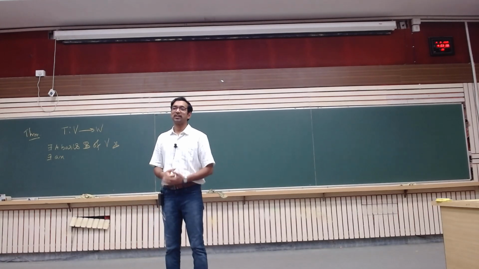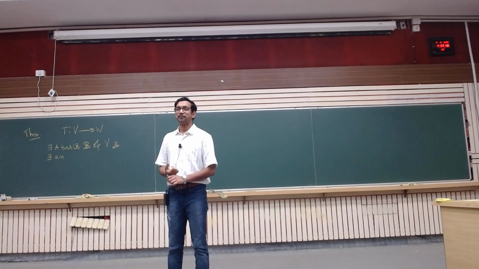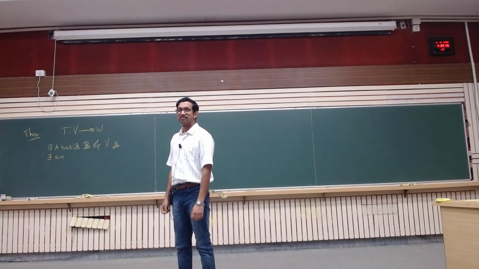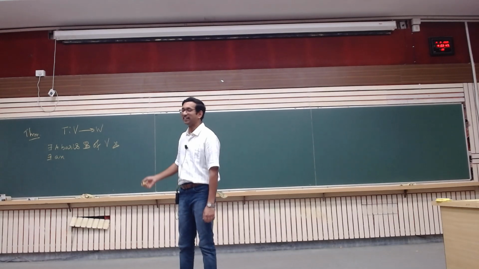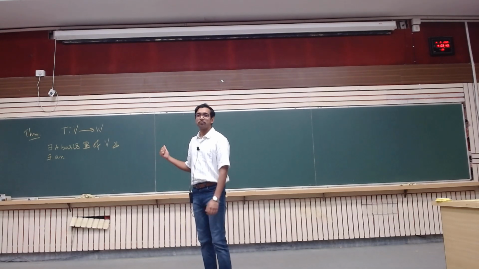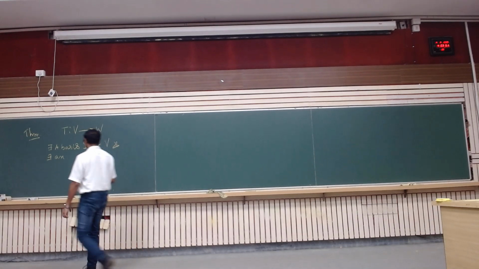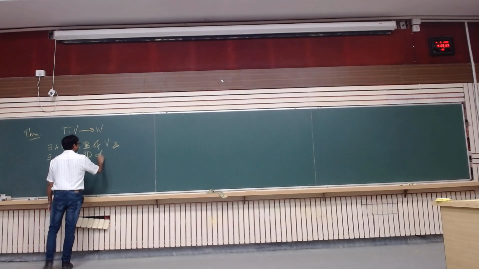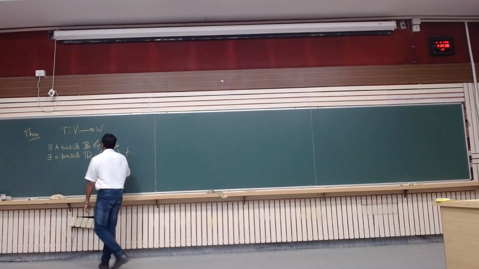We wrote it in the morning, right? What is the theorem? There exists a basis B of V and there exists a basis D of W such that,